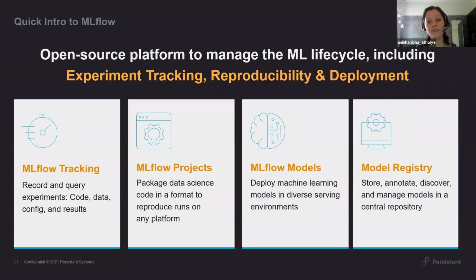The second module is MLflow Projects, which goes very hand in hand to address reproducibility. It basically defines a structure or the way you should be packaging your machine learning work, so that you are able to reproduce these runs on any of the other platforms. The third module is MLflow Models, which allows you to serve these models. So let's say I'm developing my model and I want to deploy it at a SageMaker endpoint. All of it is covered by MLflow Models.